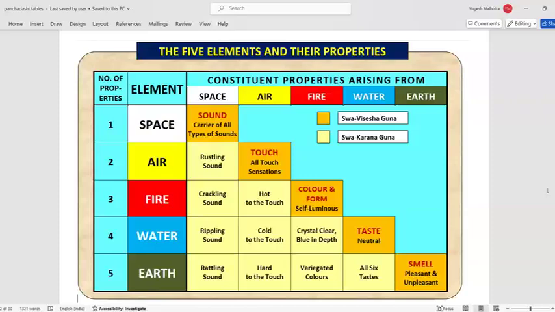It has no gunas. But all of these elements that have come out from the Maya Shakti of this Brahman, the first being Akash and finally Prithvi, have come together to manifest this universe, and this universe has these five elements. When initially they are in the subtle state, from them the different elements of the Sukshma Shariram are manifested from these five elements.